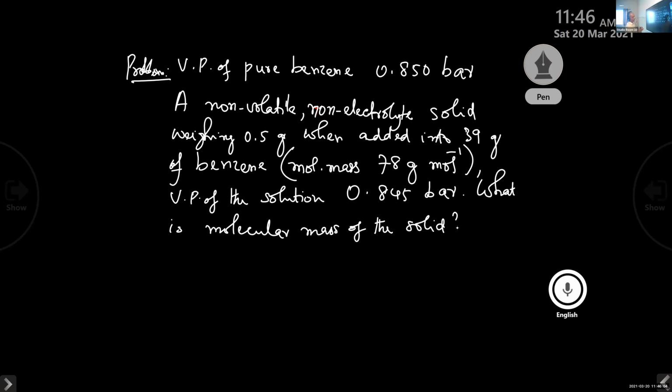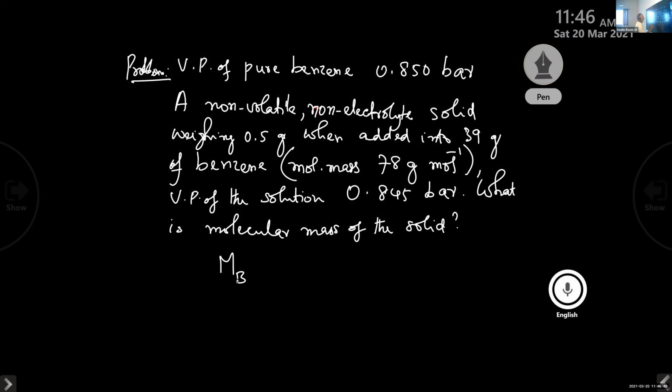When a problem is asked, before you solve the problem, you must write the relevant equation first. Not only for chemistry, but also for physics and mathematics. In mathematics also, there are equations: d by dx of x, d by dx of log x, d by dx of e raised to x. Such terms are there. So first you write the relevant equation. So we have to find out the molecular mass from the vapor pressure. So you write the equation for molecular mass.